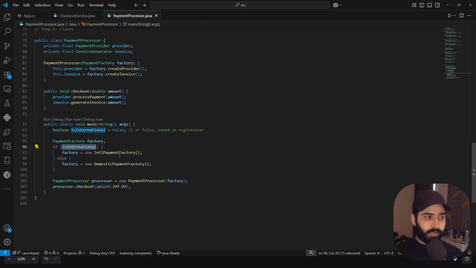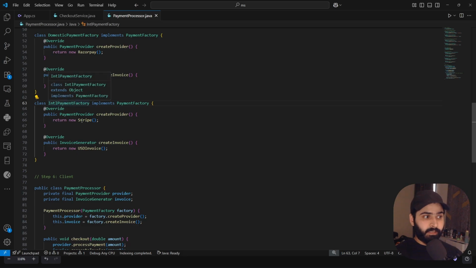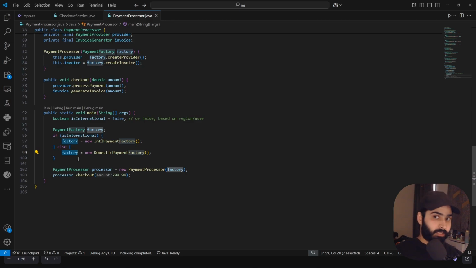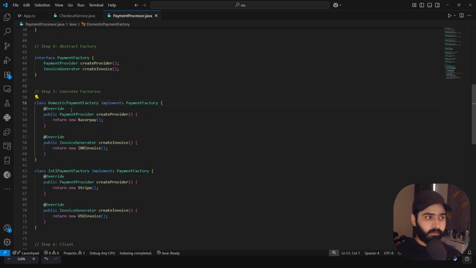So for that, I am giving the international payment factory. And what is the international payment factory? Inside that we have Stripe and USD invoice. Make sense? Else, if it is a domestic transaction, then we provide the domestic payment factory, which will give this instance.